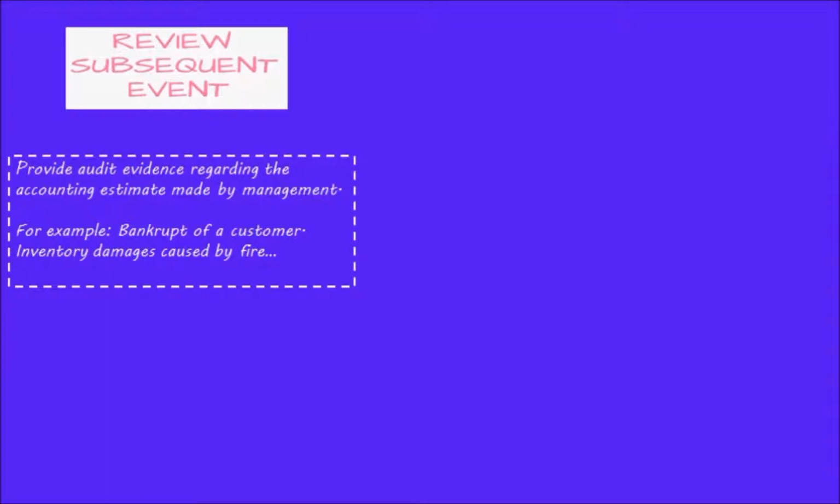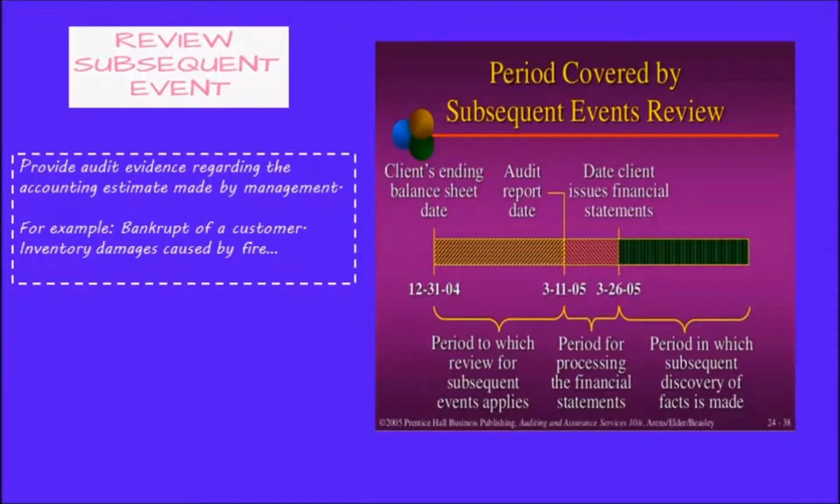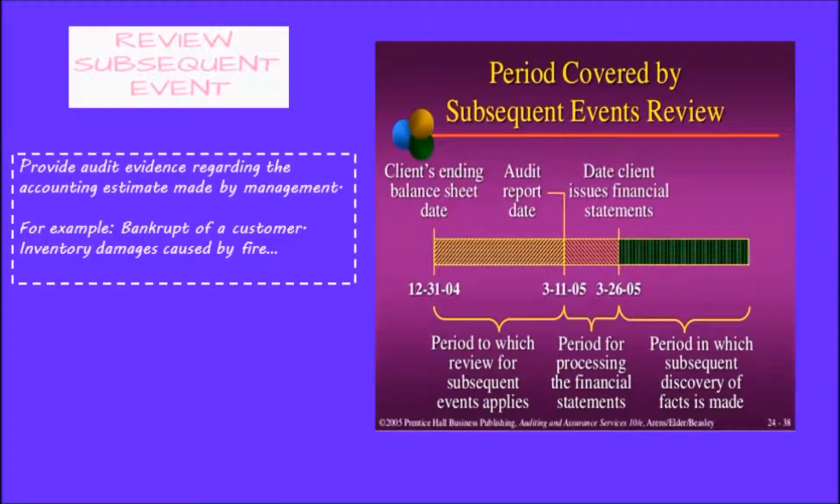Next is review of subsequent events. Review of subsequent events provides audit evidence regarding the accounting estimates made by management. For example, bankruptcy of a customer and inventory damage caused by fire. This is an example of the period covered by subsequent event review. As we can see, 31st December 2004 is the client's ending balance sheet date and 11 March 2005 is the audit report date, and